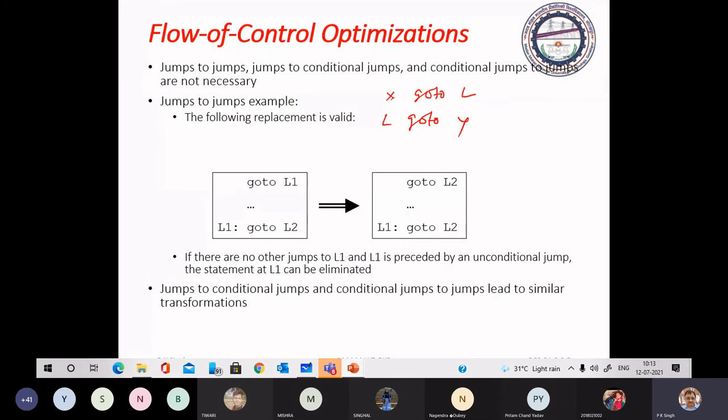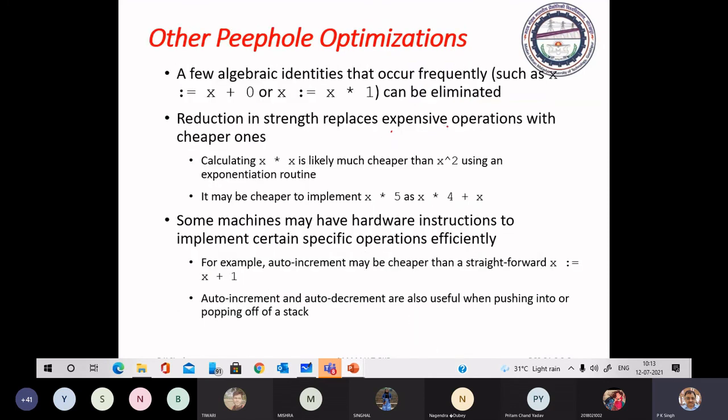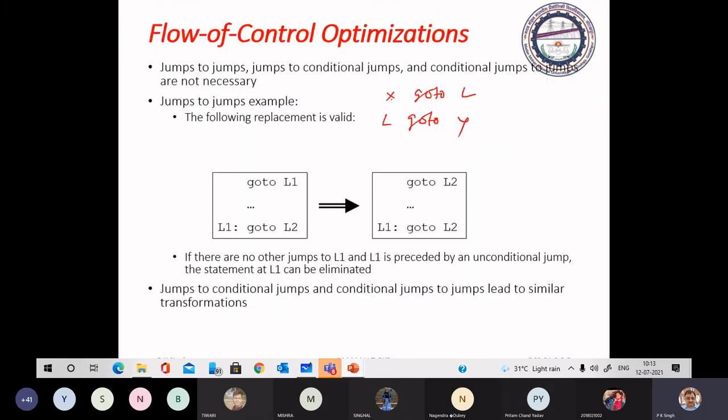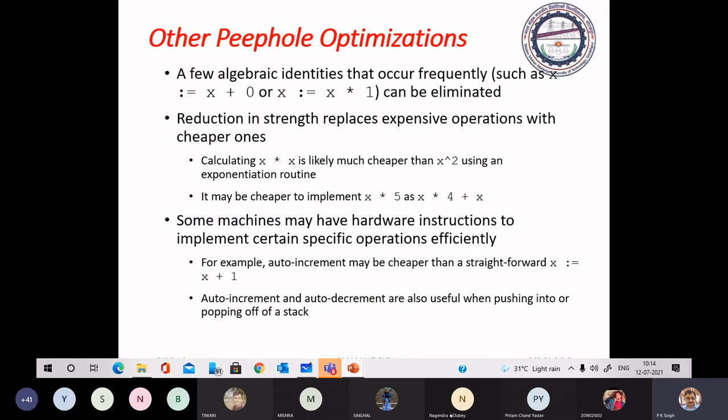So your control of execution will switch to this reference, and again switch, so you can replace it by Y. You can save the execution time and the switching time. You can directly switch the control of execution to reference Y. Okay. These are the peephole optimizations.